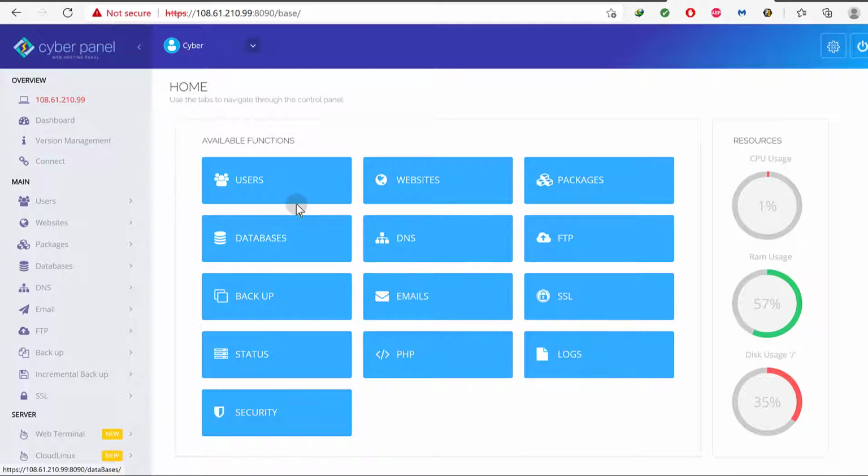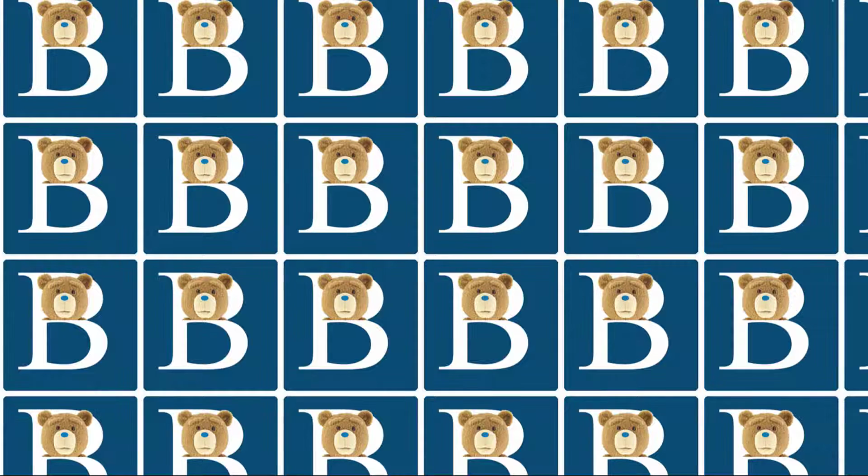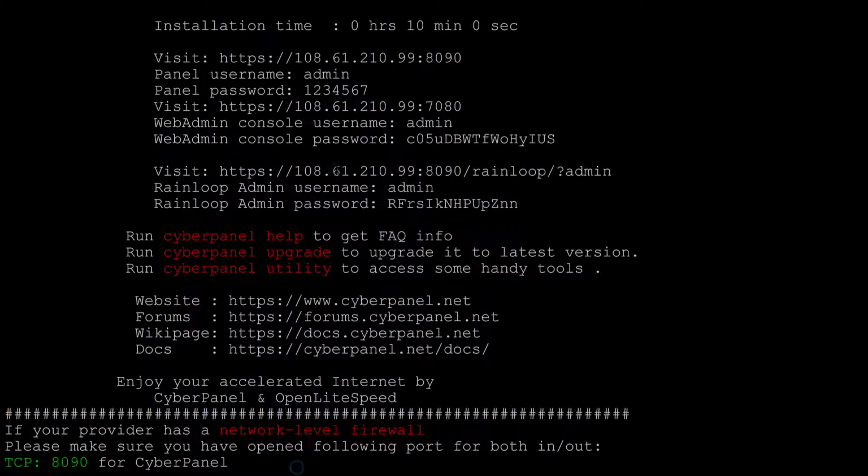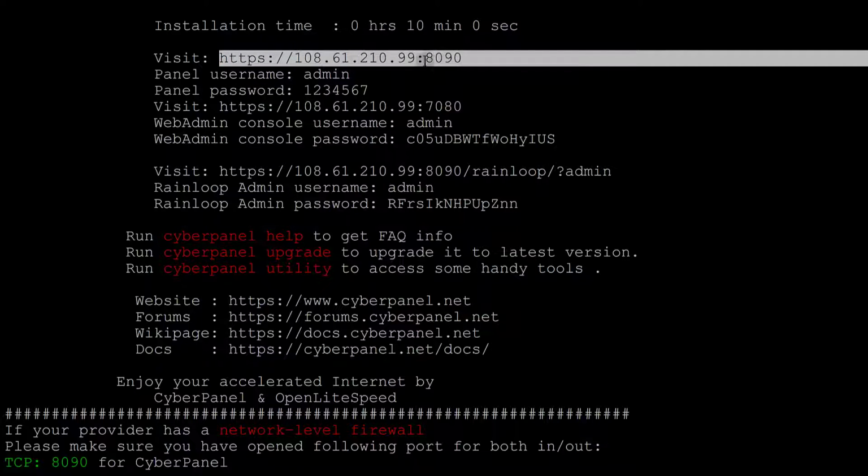Okay, so I needed to log into CyberPanel, and to do that, all you have to do is come back here and look at this. Where is it? If you just scroll up, you're going to see CyberPanel uses port 8090, and then port 7080 is used by OpenLiteSpeed. So if you want to log into OpenLiteSpeed like I did, that's what you do. But if you want to log into CyberPanel, you just copy this, and then you log in using the admin username and the password there. Okay,